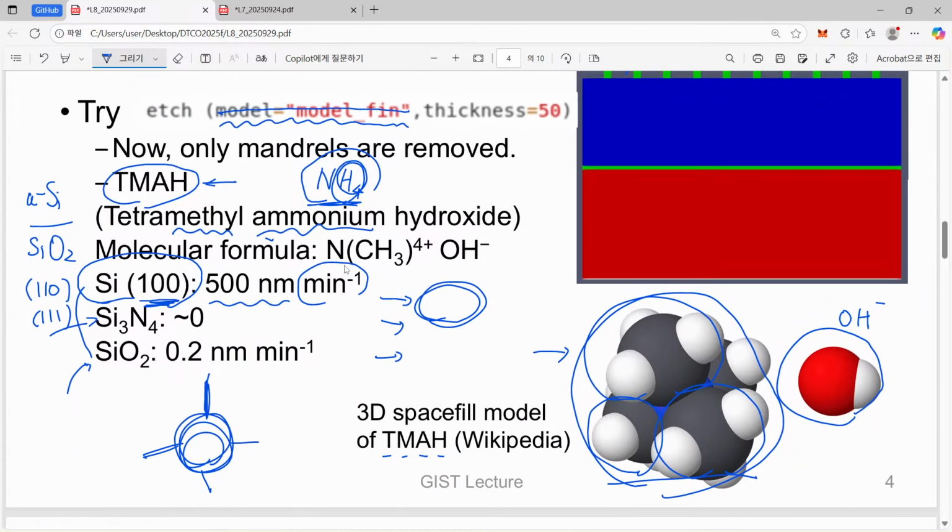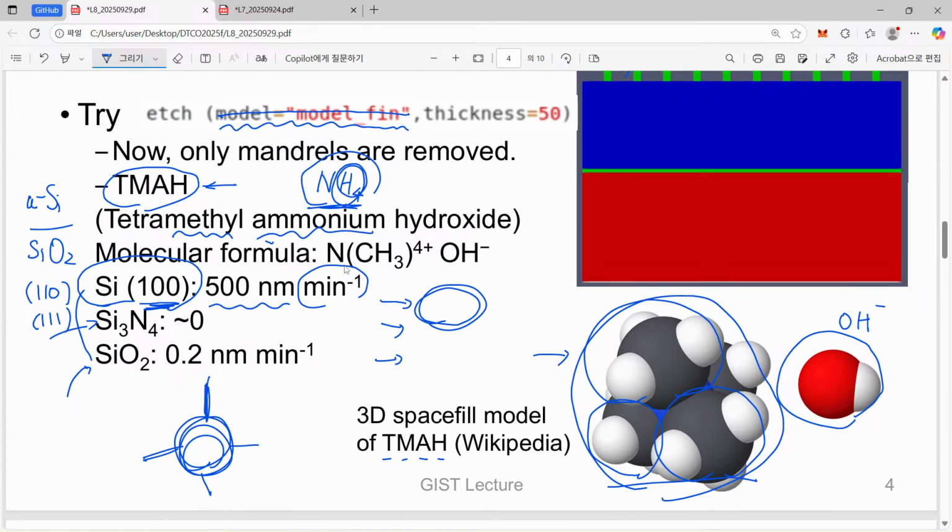So, fortunately, who invented this one? I have no idea. This is just information collected from long investigation. So now we have a certain toolbox for this material selection. If you want to do this kind of etch, then you can just look at the toolbox and select the proper material, then you can make good selectivity.